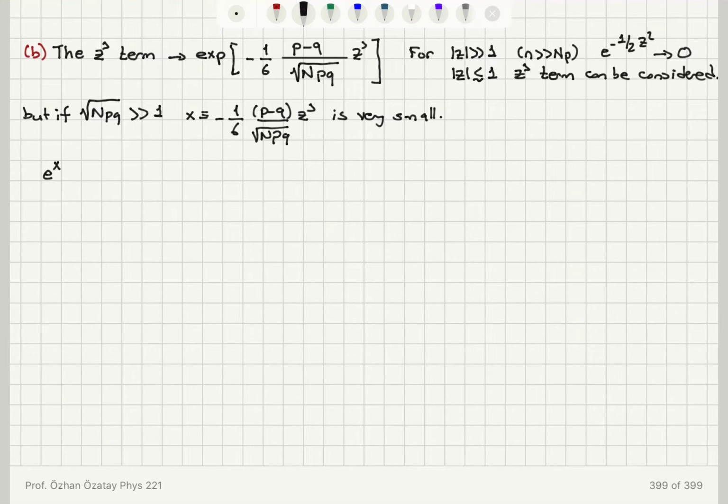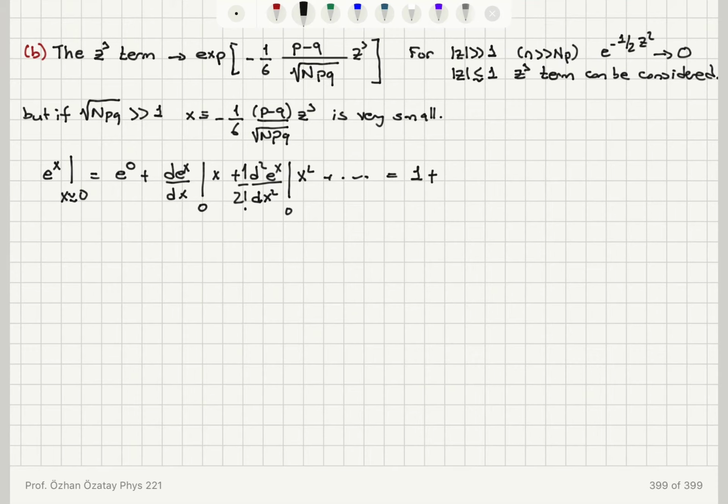If you have e to the x where x is small, you can write this as e to the 0, first evaluate it at 0, then take the derivative with respect to x, evaluate at 0 times x, then the second derivative with respect to x, evaluated at 0, times x squared, times 1 over 2 factorial, etc. The derivative of the exponential is the exponential, which evaluated at 0 gives us 1. So 1 plus x plus x squared over 2 factorial, etc. So in this limit, for the z cube term when the square root of NPQ is much greater than 1, I can write the exponential